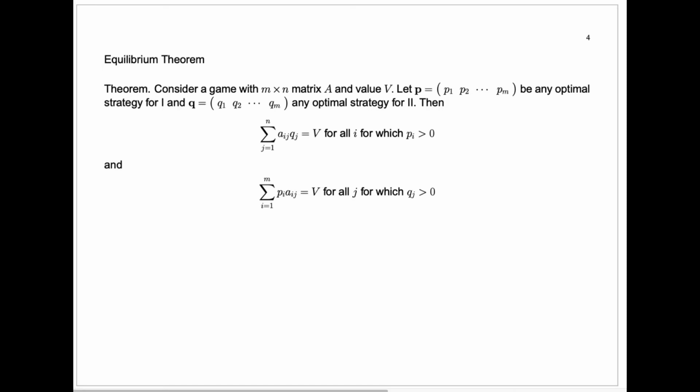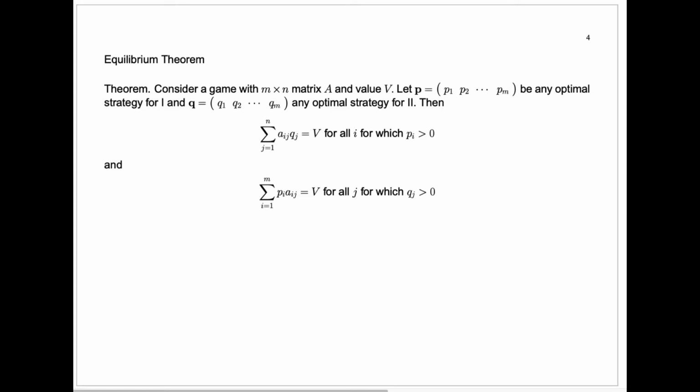Now we're going to talk about what we can say about when we can use equalizing strategies. And that's given by this equilibrium theorem. The theorem says if we have an m by n game with matrix A, an m by n matrix, and let's say the value is v, if p is an optimal strategy, this probability vector p, is an optimal strategy for player 1,